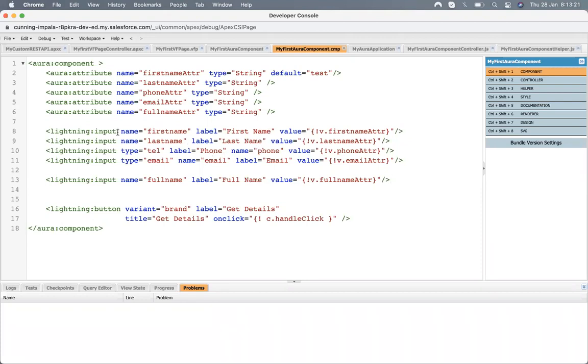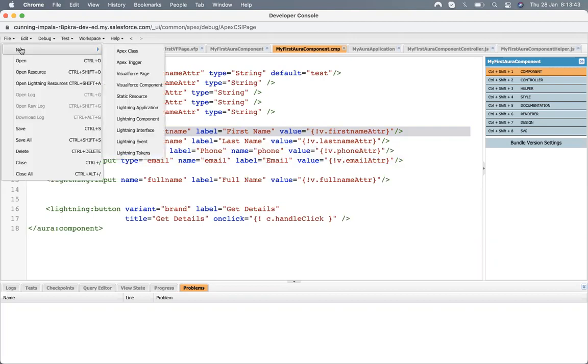I'm going to save these details on a contact record. For that, first we have to create an Apex class that will accept those parameters and insert them into a contact record. So let's create an Apex class.